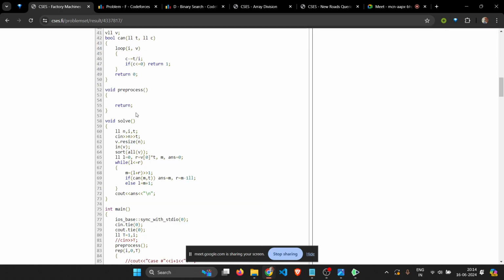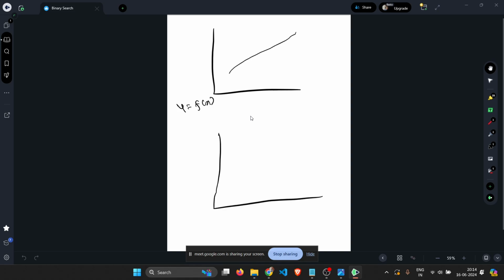Yeah, first of all, before that, I would like to tell you when we can apply binary search. Let's say we have a function which is monotonous. And what is a monotonous function? Let's say this is the graph of the function, y equals f of x. A monotonous function is a function that either keeps on continuously increasing or continuously decreasing for the given range